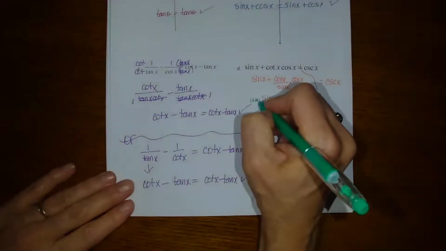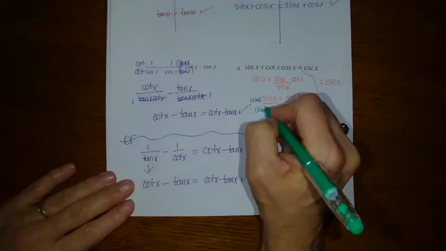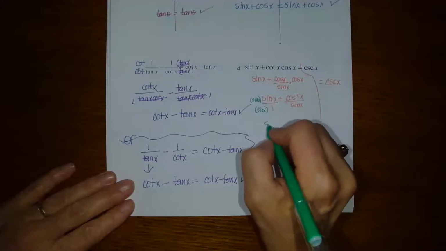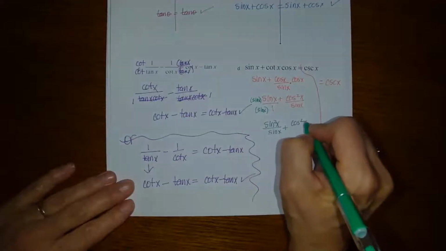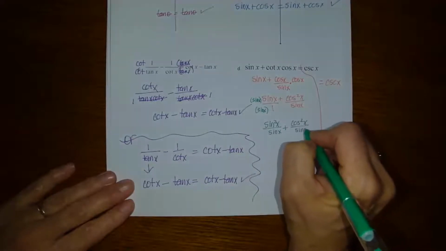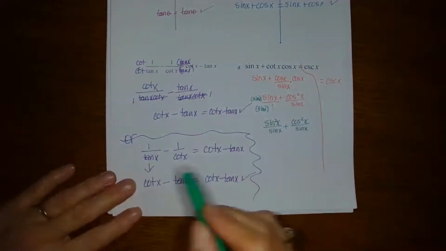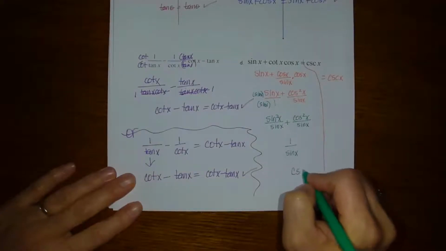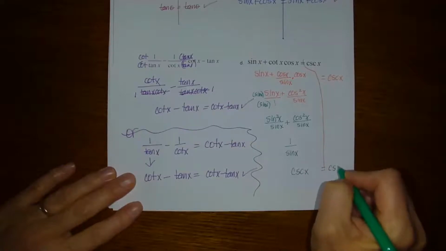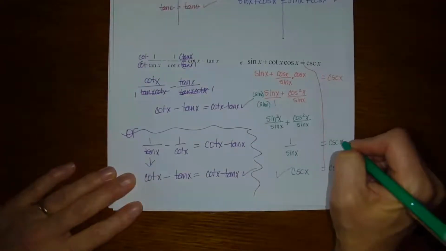Is this starting to look good? Do you like it when you have a sine and a cosine squared? So this is now what? sine squared x over sine plus cosine squared x over sine. And what is sine squared plus cosine squared? 1. Right? Cha-ching. When they match,